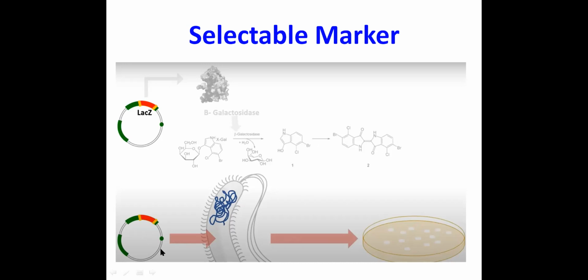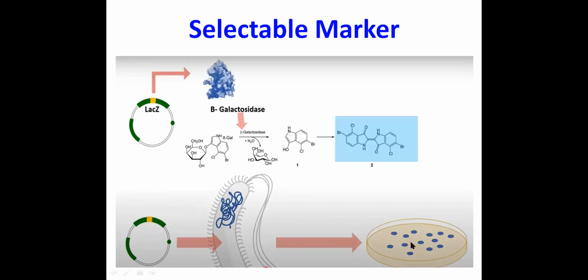And if you transform your recombinant vector into the bacteria and then propagate it on a plate which carries X-gal, because it is not converting the X-gal into the blue color compound, you will get white color colonies. It means if your vector carries your gene of interest inside the MCS, which is present inside the lacZ gene, then you will get white colonies. And if your vector is non-recombinant, meaning it is not carrying your gene of interest, then you will get blue colonies.